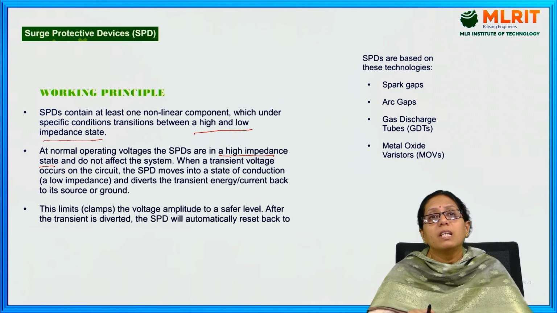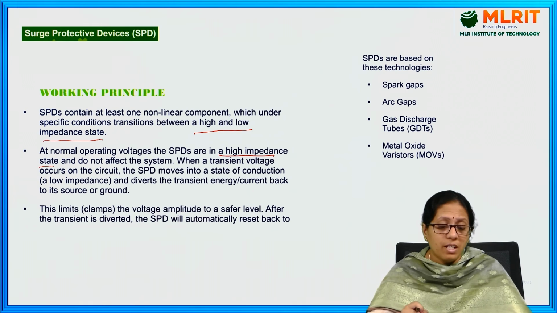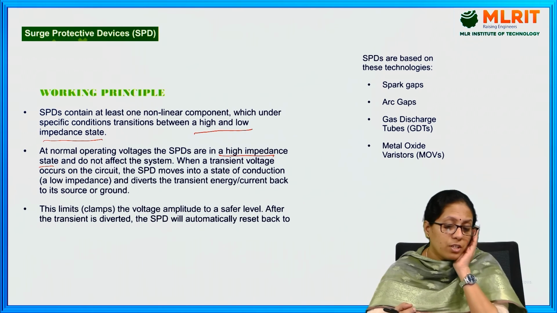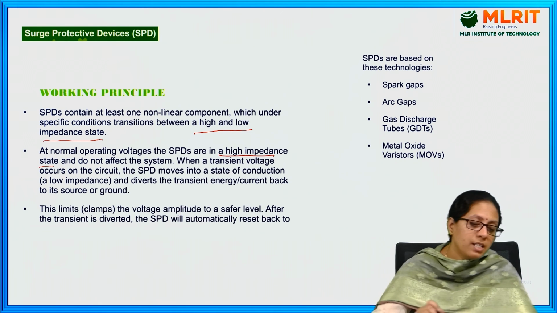And what are the limits? It clamps the voltage amplitude to a safer level. It brings the voltage level to a safer level so that the potential difference reduces and the strike may be eliminated. So after the transient is